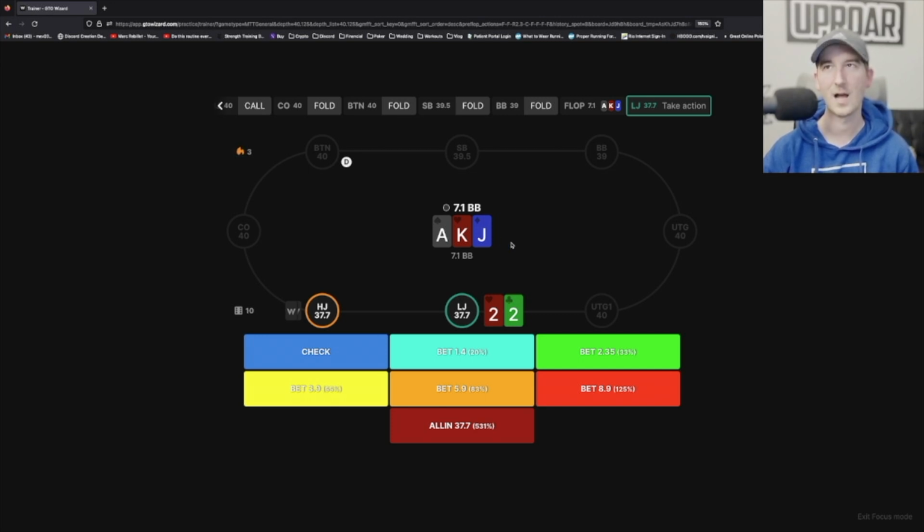Okay, ace king jack. Let me think. We have more Broadway. We have offsuit queen 10. So I think we have an equity advantage and a nut advantage here. We have sets of aces, kings, and jacks that they don't have. I think that we can do...